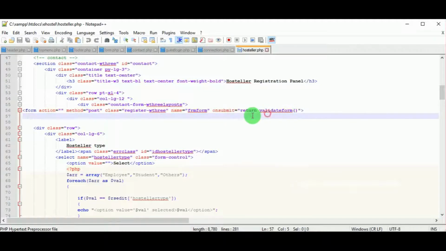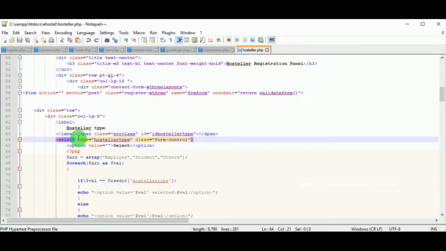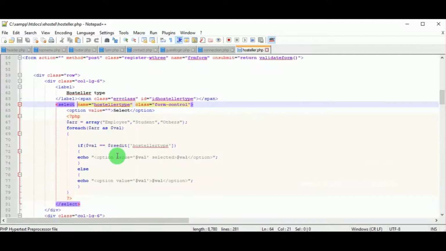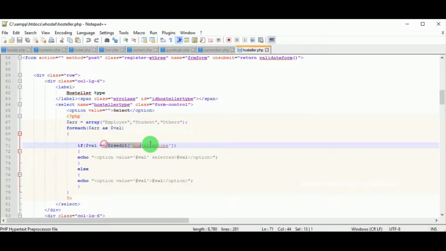Let us see the different fields of the form. The label is hostler type. Then there is a select tag with the name hostler type, and the option values are select, followed by three other values, employee, student and others, from which the user must select one of the options, and it is in the form of an array.